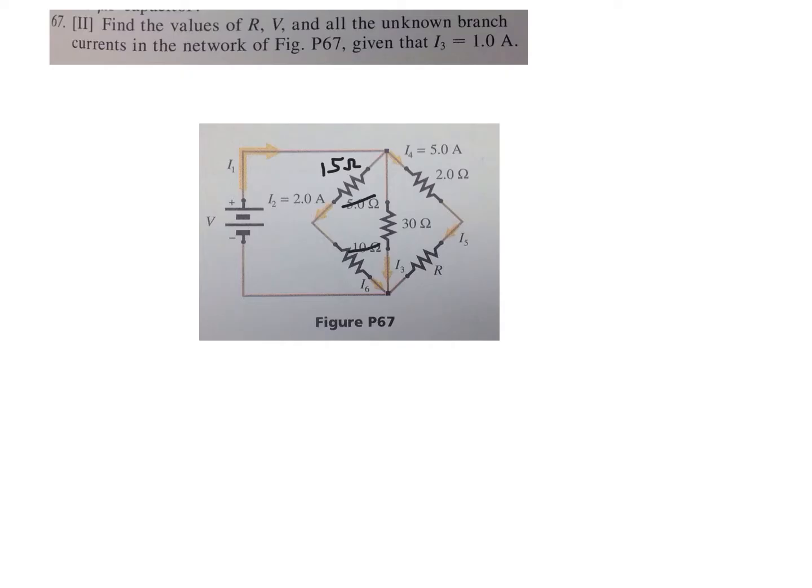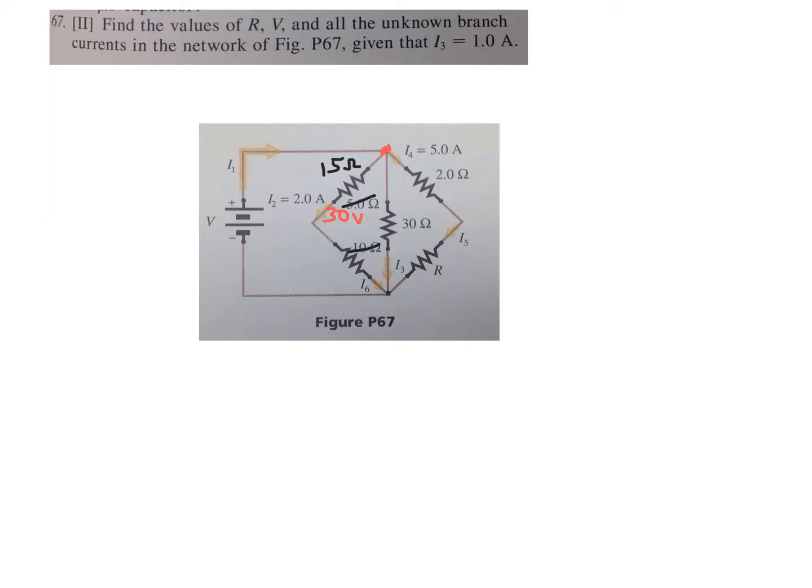And there's 2 amps going through that branch, total potential difference of 30 volts. If we would have left them separated, the 5 ohm resistor would have had 10 volts, because 2 times 5 is 10 volts, and the 10 ohm resistor has 20 volts. But totally, that's 30 volts. And that